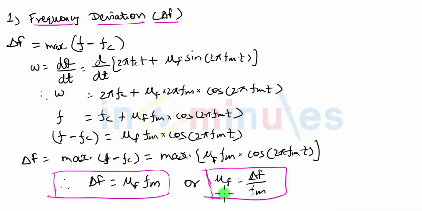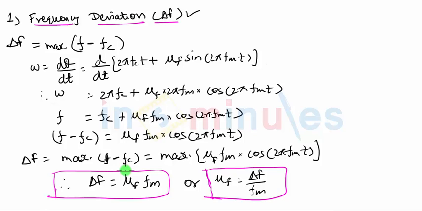To conclude, we have derived the very important first parameter, which is called frequency deviation, and it comes out to be mu f into fm in case of an FM signal. This is obviously the case when the modulating signal is a single frequency sinusoidal signal. So delta f is the maximum departure of the instantaneous frequency from the carrier frequency on both the sides,